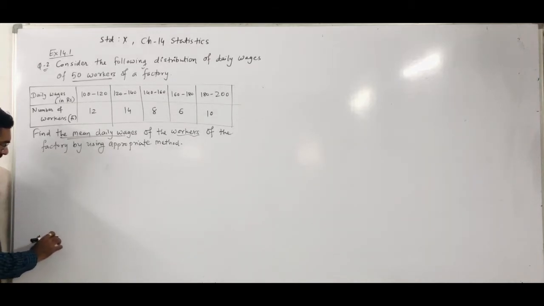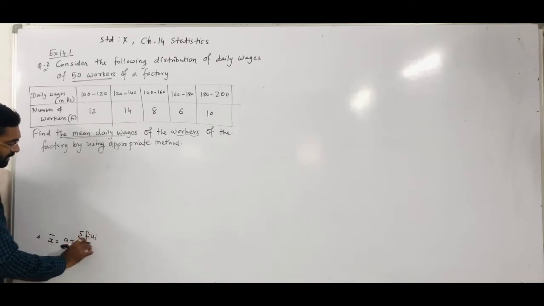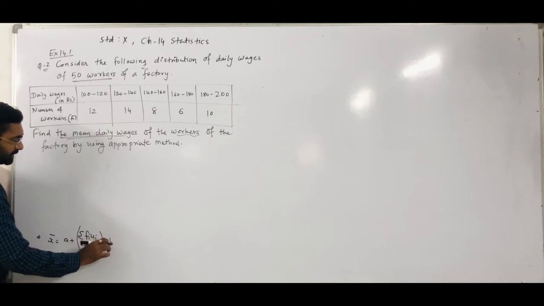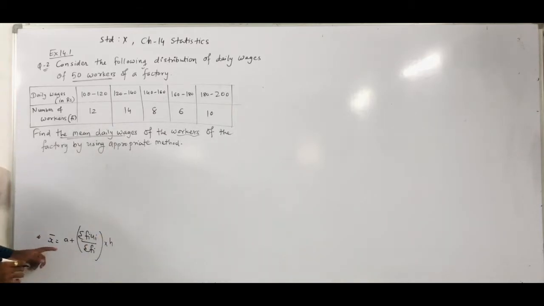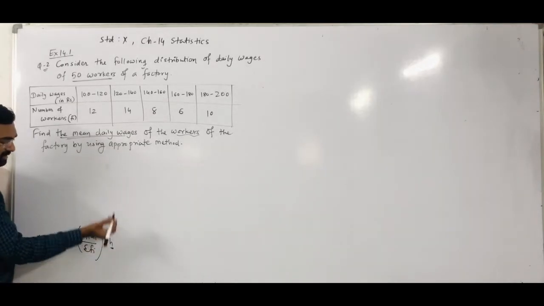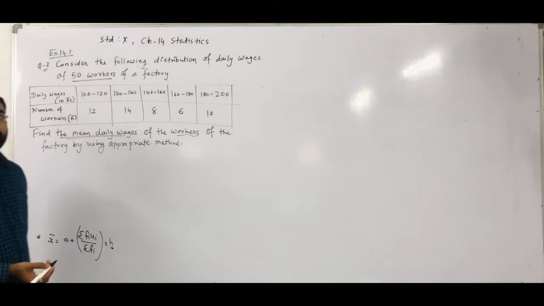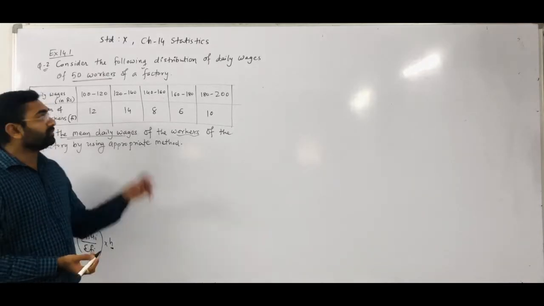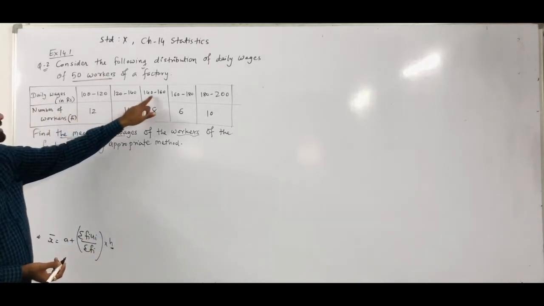which is x bar is equal to a plus sigma fi ui upon sigma fi into h, right? So this is the value we require for finding out the mean of the given question. Now what is h? We already discussed: h means the class size of the given observation. So observe the class of each and every